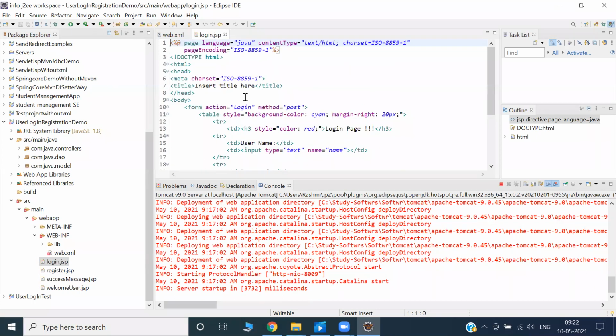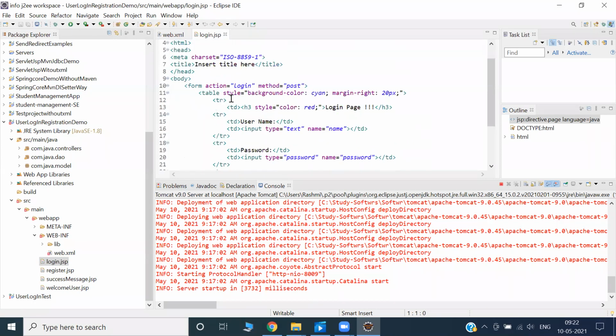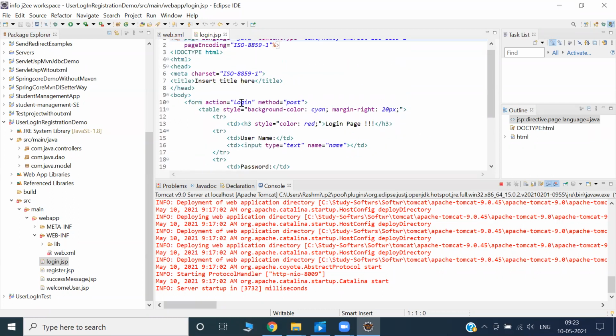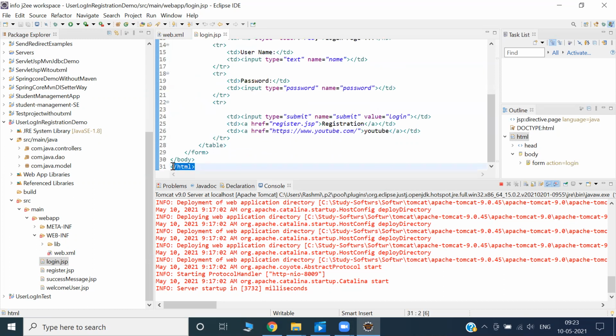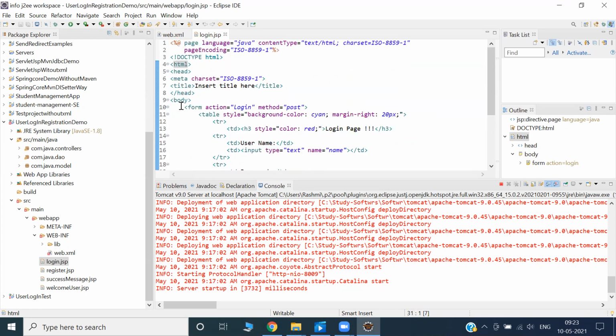Good. So what is happening? First you check, is there any action? Yes, some action is there. So action is there means definitely there should be some submit button, or some event would be occurring. You can check it by checking the form. The form should be inside the body. HTML should start and HTML should end, and there should be head.